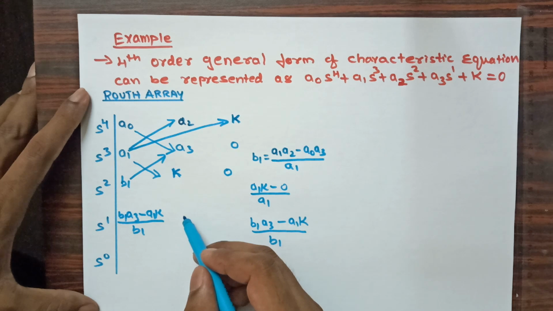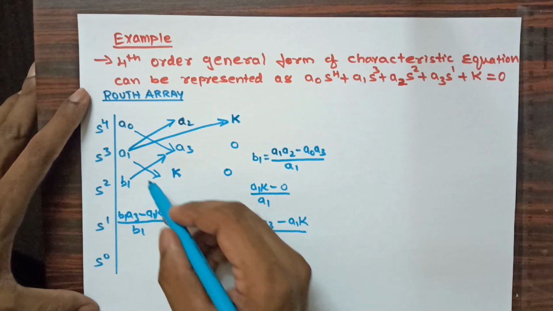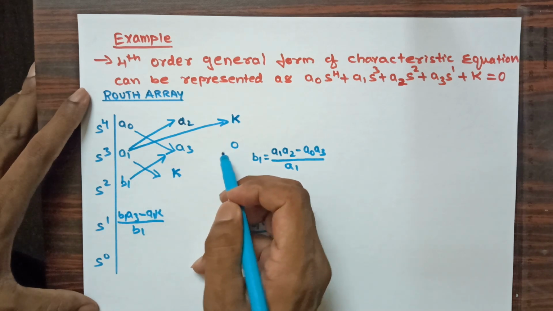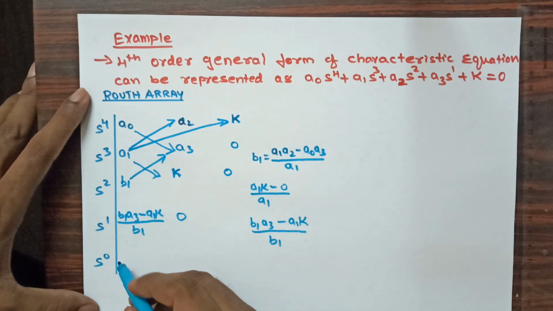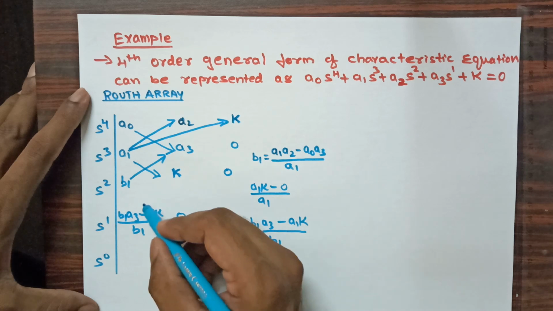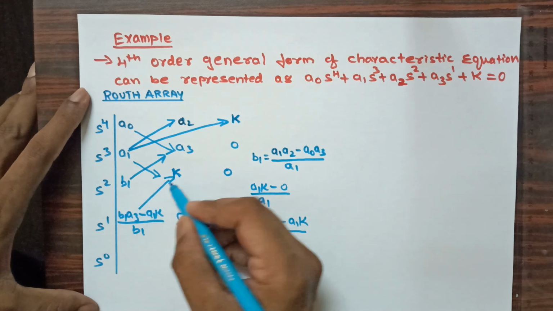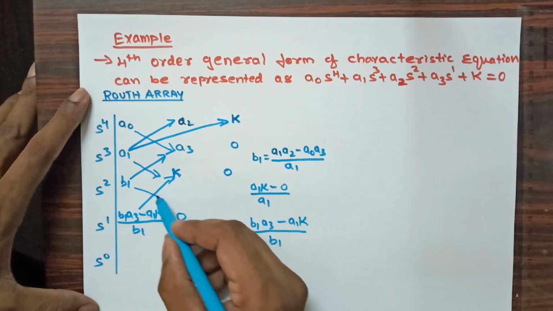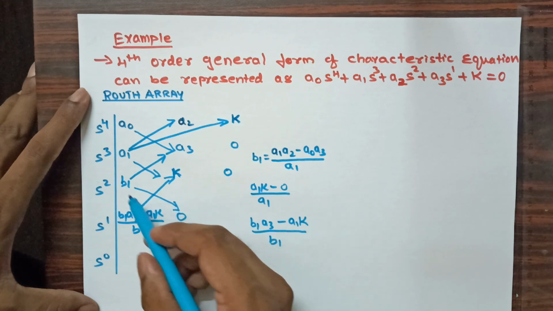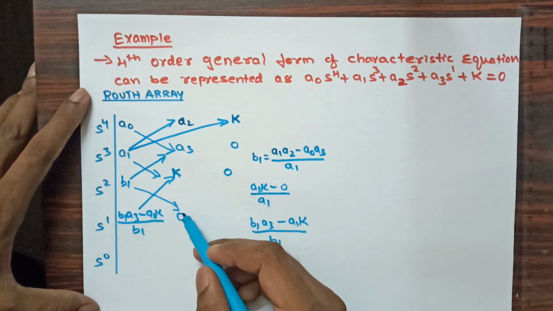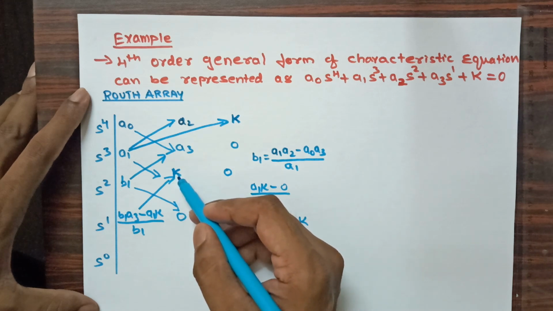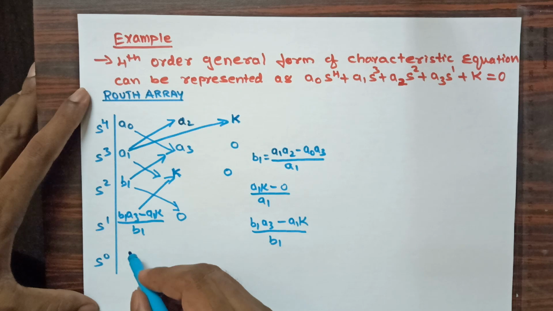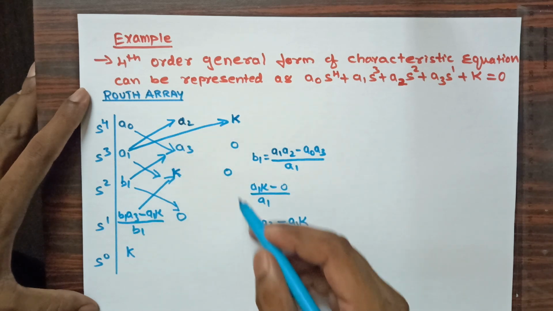Now next, to get the second term in this row, I am going to multiply b1 with 0 and a1 with 0. That means I am going to get 0 only. So to get the last row, we are going to multiply this term with k and minus b1 into 0. As we know, whenever we multiply and in the diagonal you have the 0, directly we can write the resultant value, the above value, that is k. So in this we are going to write the k. So we have formed the array.